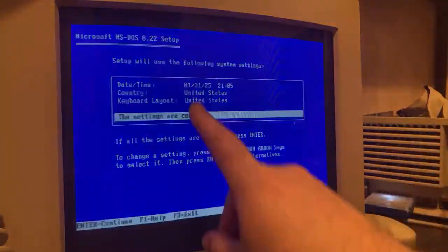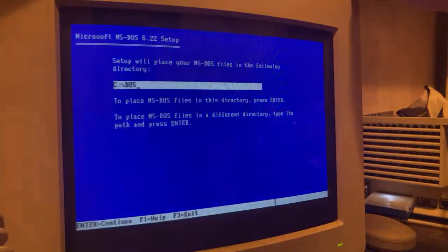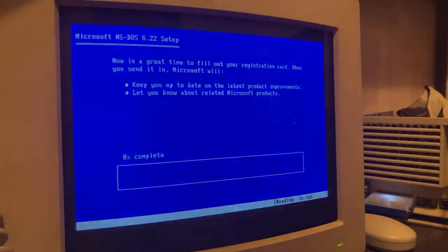And just so you can see, it's 1:31:25 and it's 9:05 p.m. I might have to burn another